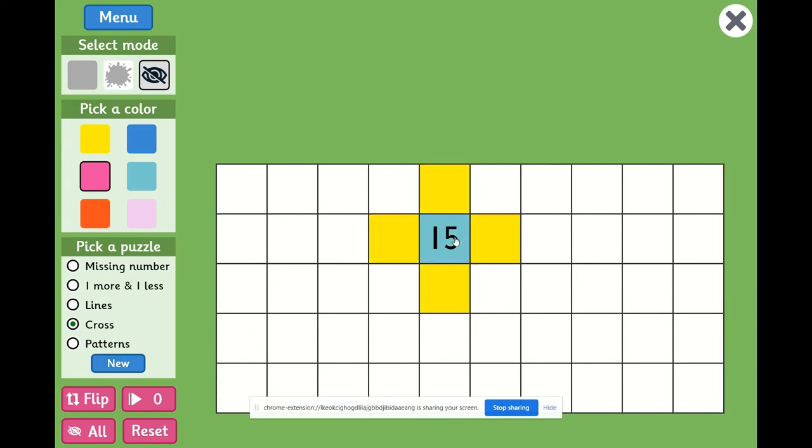So this is 15. This is very tricky. Cross and patterns are only supposed to be used when we feel that the student is very extraordinary, that the student is doing quite well, because the identification of the vertical numbers is trickier than the horizontal ones. So here 14 and 16 will be the numbers replacing the horizontal blanks.